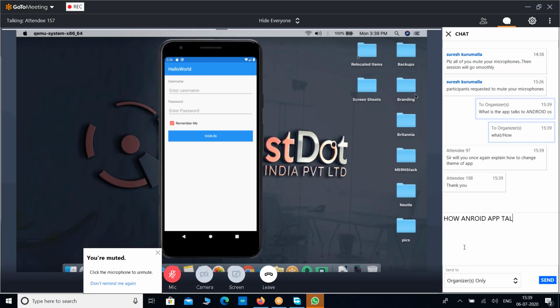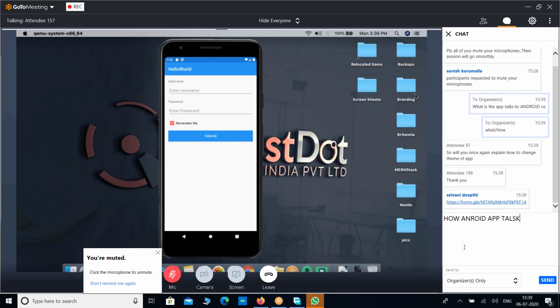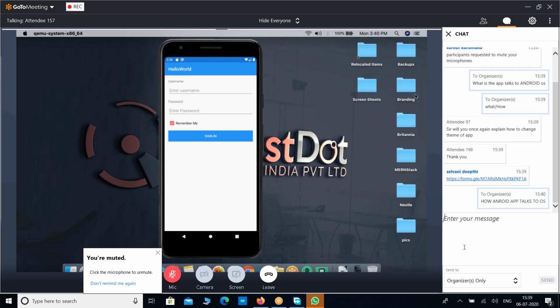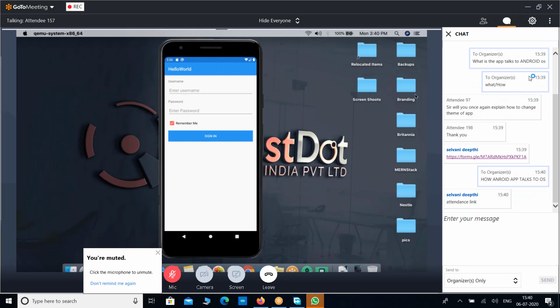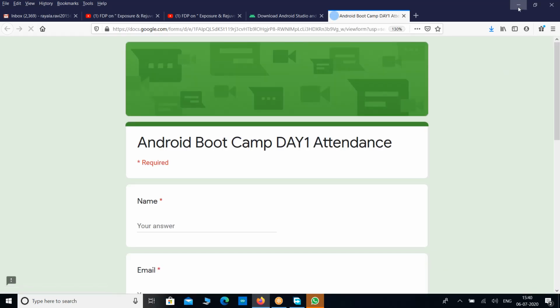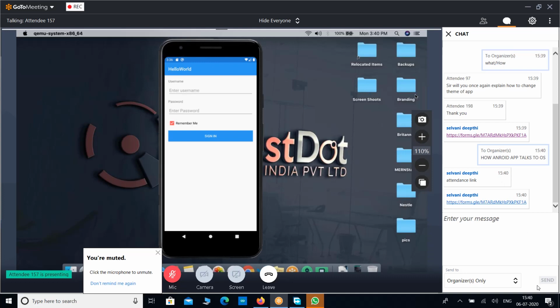All sweet names they picked, like Lollipop, Jelly Bean is 4.1, Honeycomb is 3.0, and 6.0 is Marshmallow. So they use sweet names to name their operating system versions. The current version is Android 10, and the upcoming version is going to be Android 11, which is going to be released in September.